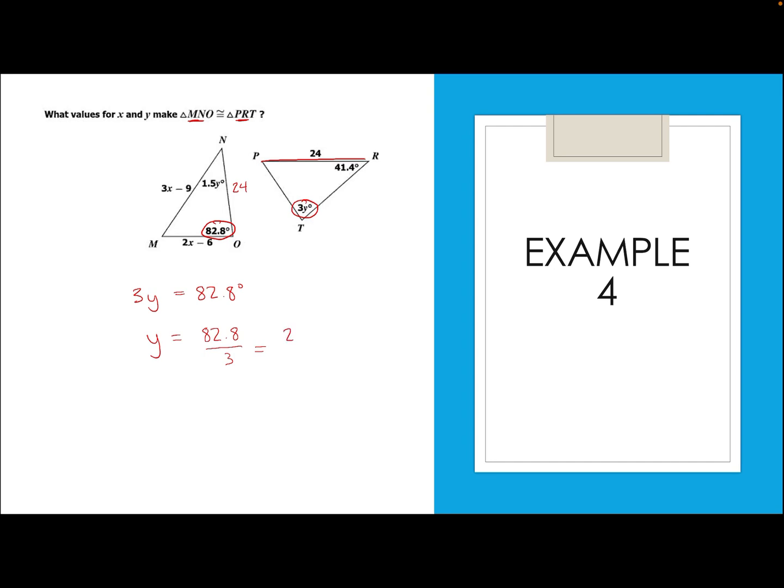Let me just get a calculator. I'm trying to do this math in my head. It should be 27.6, I think. 82.8 divided by 3 is 27.6. So y is 27.6 degrees, and now we need to find